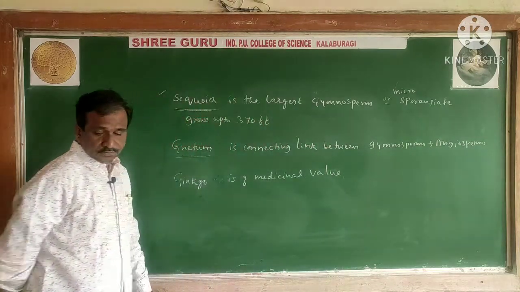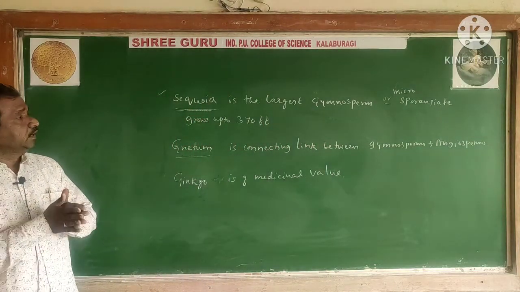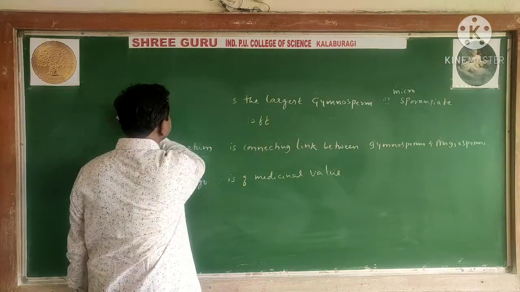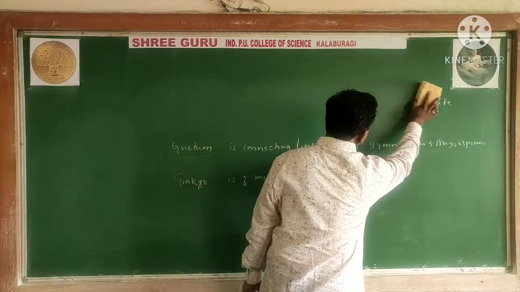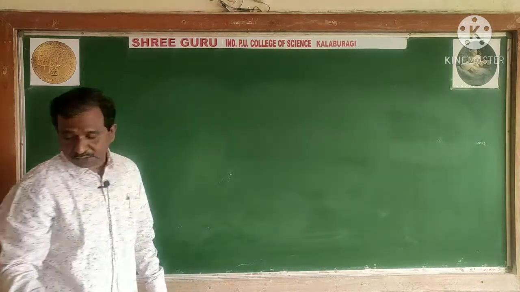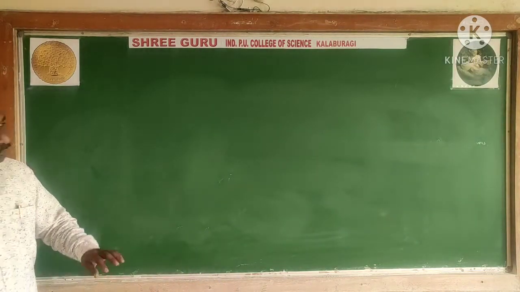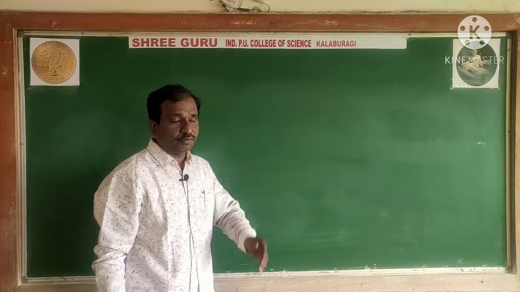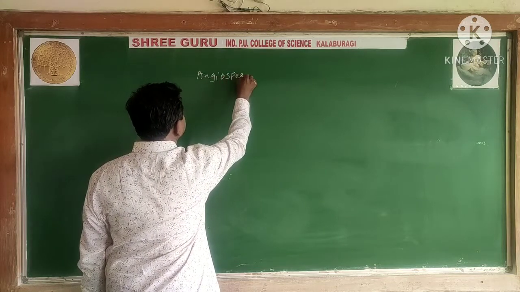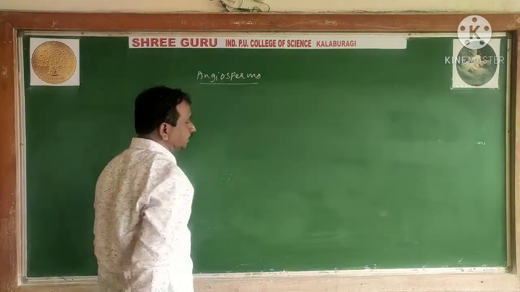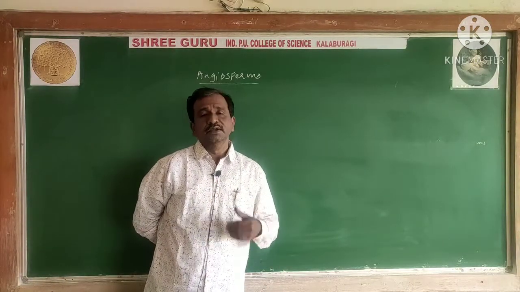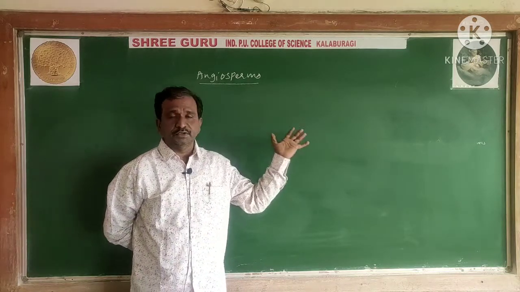Followed? Right. So now we are moving toward the last part, which this year has been deleted from your syllabus. This year a little has been removed; the syllabus is only up to gymnosperms. You have to read up to gymnosperm. But now I will briefly discuss what they have given, that is angiosperms, the differentiation and advanced characters. Briefly we will discuss, not necessary to write. So now in brief we are going to discuss the angiosperms.